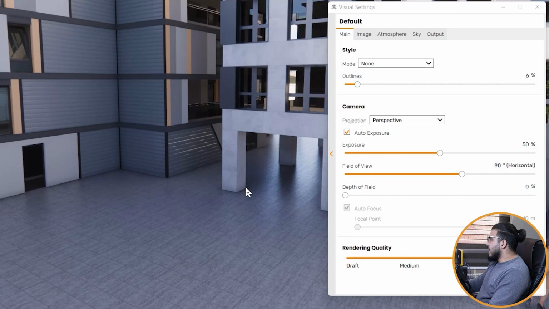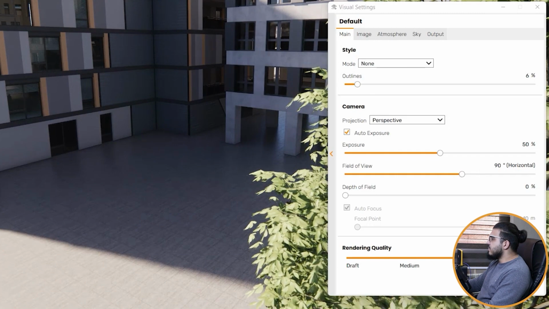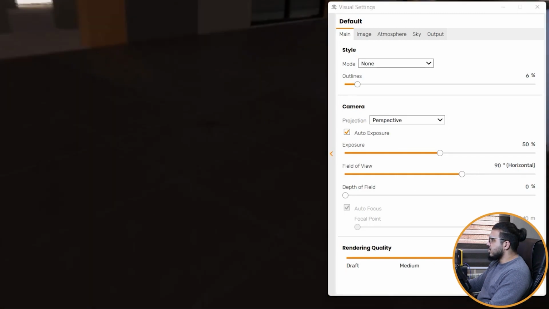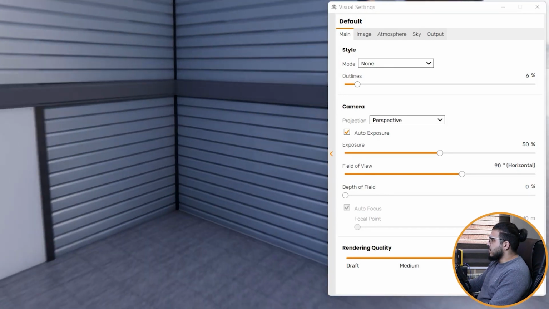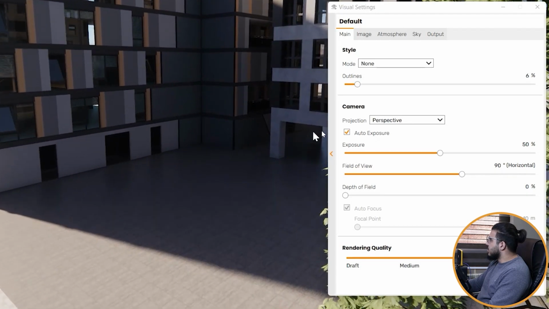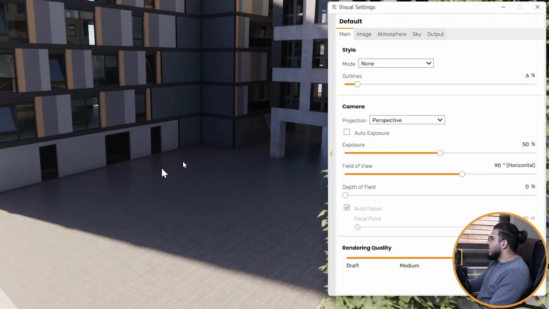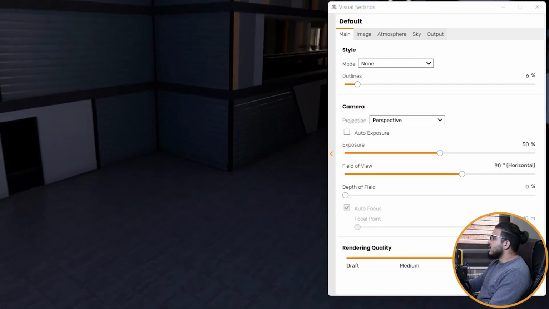The next parameter that we have is auto exposure. When you have auto exposure, for example, when you see this corner right now, it will be different when you zoom in, because it will adjust the exposure of each scene for you automatically. But when you turn off the auto exposure, you can see this corner in here, but when you zoom it, it will not be different.